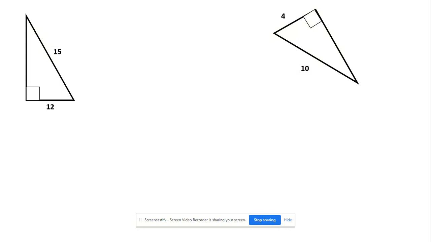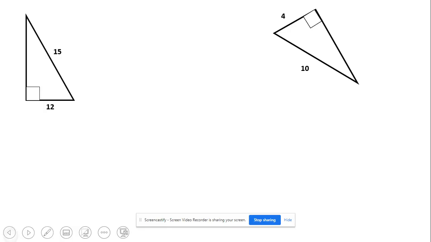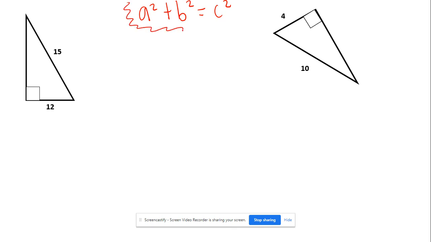So remember how we always have to use that Pythagorean theorem. This should be your best friend. You should know it. You should love it, live it. That is going to be a squared plus b squared equals c squared. Have this memorized. Now I'm going to show you a few steps that will hopefully help you solve for the